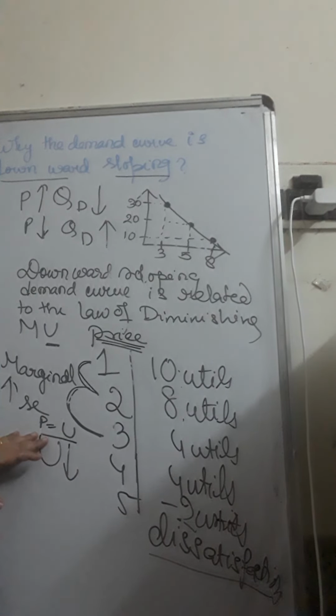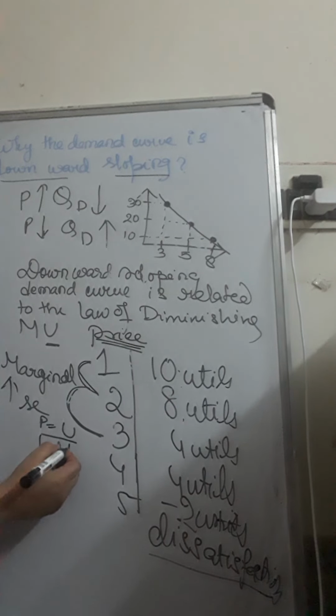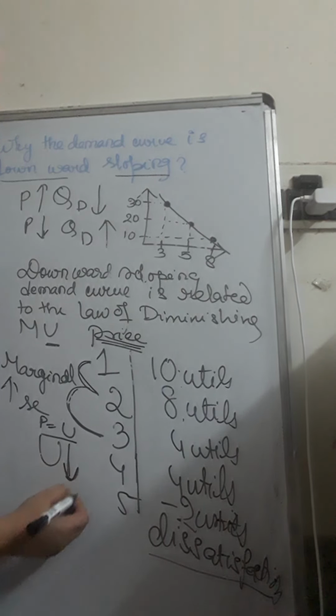We are ready to pay that price, how much we value the commodity or how much we expect to get utility from the use of the commodity. But as our utility or satisfaction decreases from a commodity, we are not ready to pay a higher price. We will only acquire the commodity that gives us less satisfaction if it is priced low. So this happens when you go to shop during sale time, when the products are low priced. Suppose you are not going with a thought of what to buy.